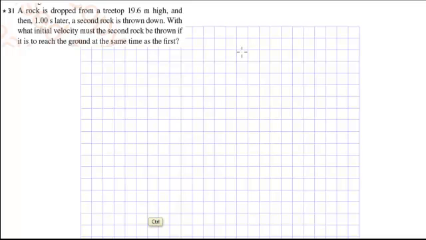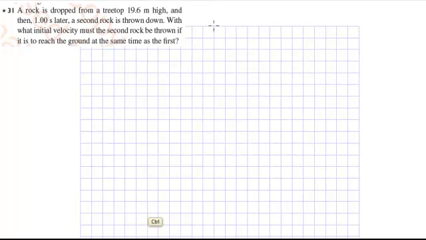Problem 231. A rock is dropped from a treetop 19.6 meters high. 1 second later, a second rock is thrown down. With what initial velocity must the second rock be thrown if it is to reach the ground at the same time as the first? Let's begin by drawing